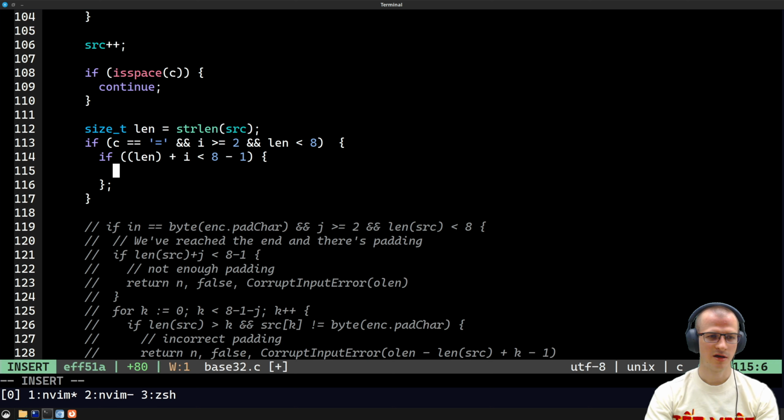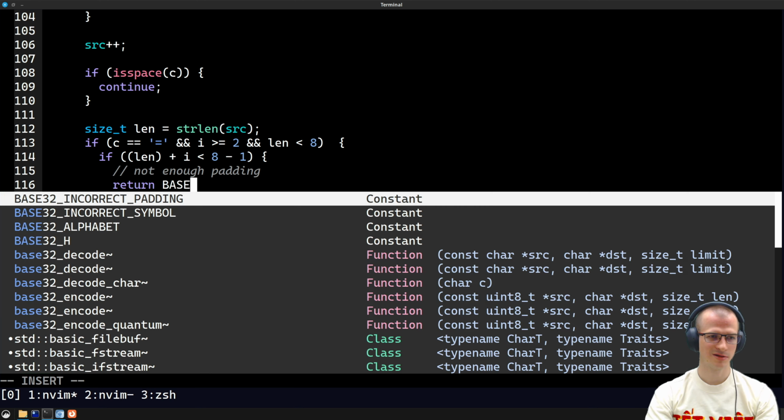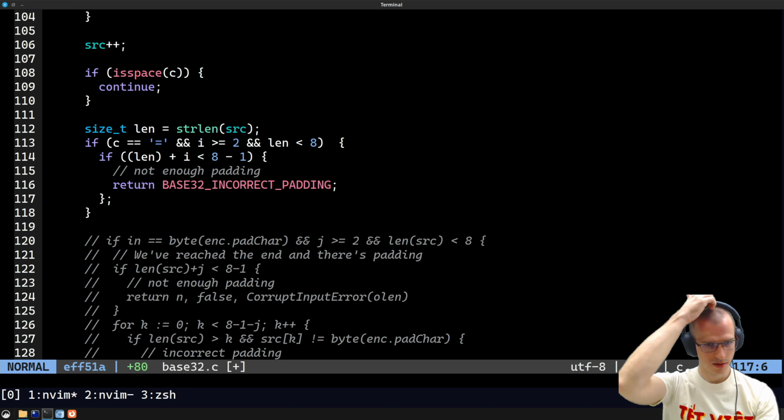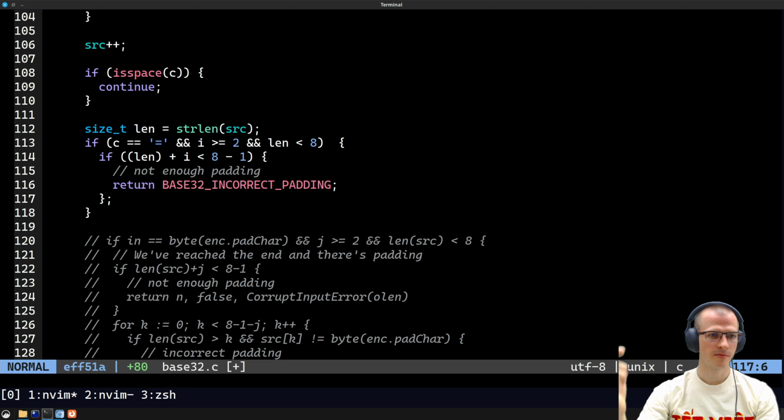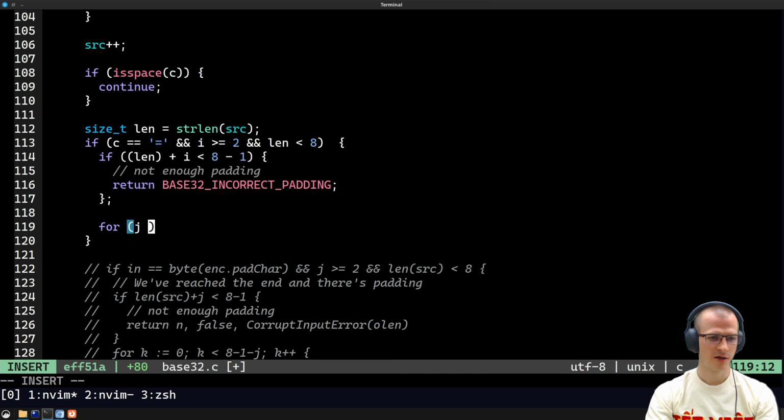If length plus I is less than 8 minus 1, it means that there is not enough padding, which means that we can return base32 incorrect padding. And then for int j equals 0, j is less than 8 minus 1 minus I, j plus plus,